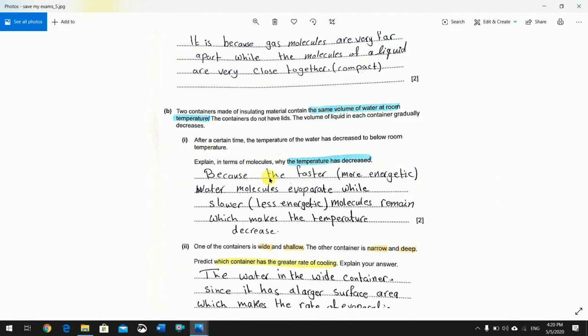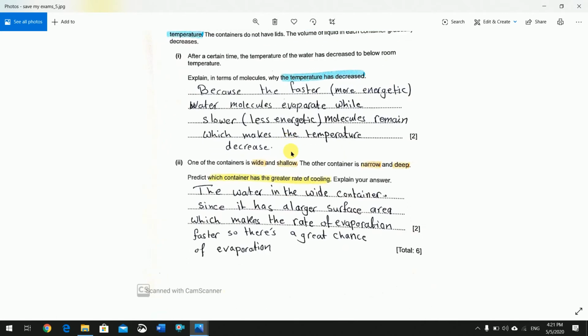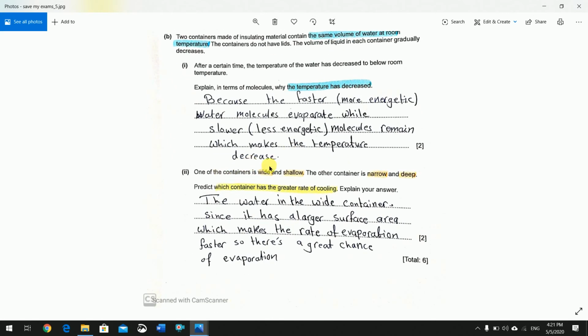Because as we said before, the faster or more energetic water molecules evaporate while the slower or less energetic molecules remain, which will make the temperature decrease. One of the containers is wide and shallow, while the other is narrow and deep. Predict which container has the greater